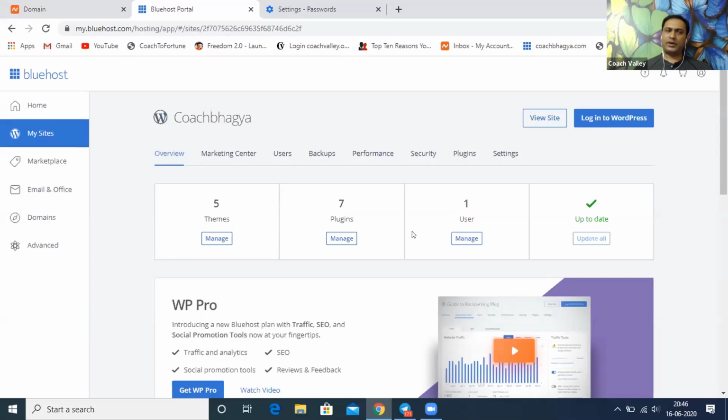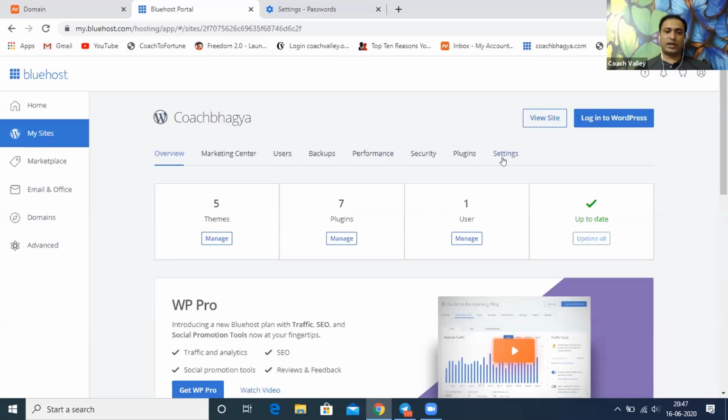And I'm not sure if from your plan we can add more users. We'll check on that one later. But for now, in the overview, you need to check what plugins are there and how many users are there, okay? If there are 2 users, I mean, it's dangerous. You should check that one. Sometimes you may have created 2 users, I'm not sure. You need to check that one in the site settings.